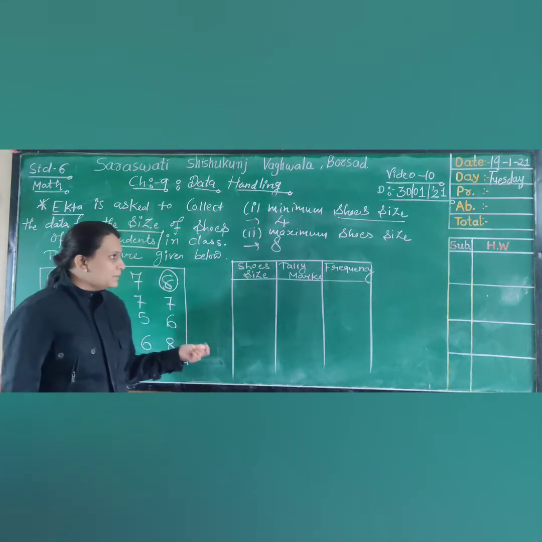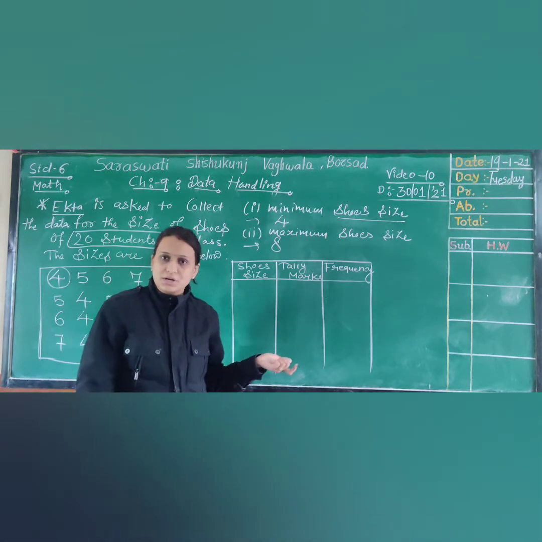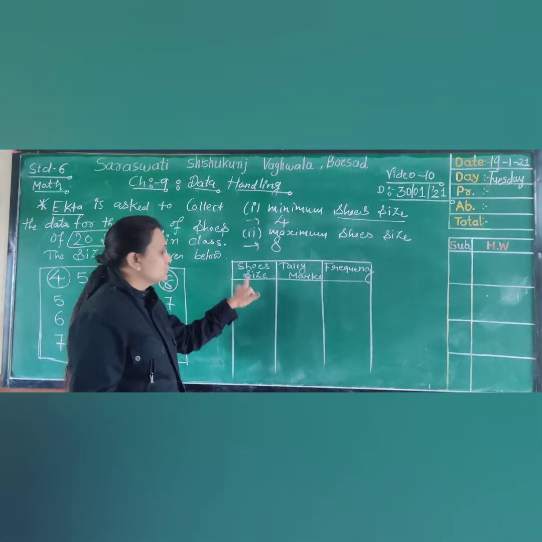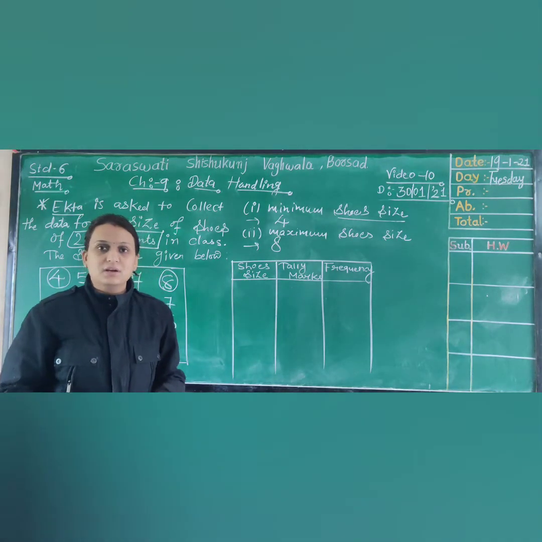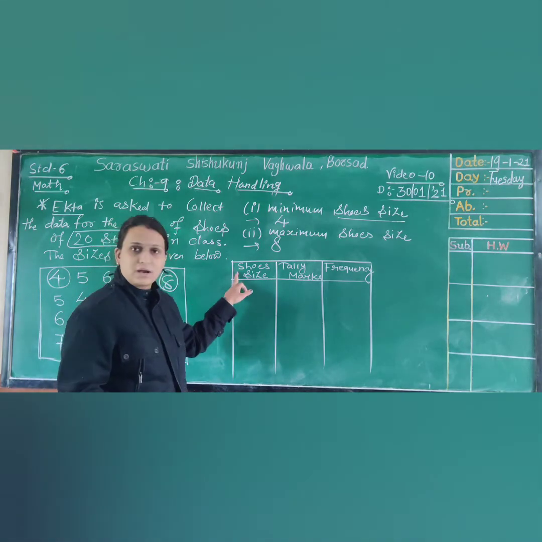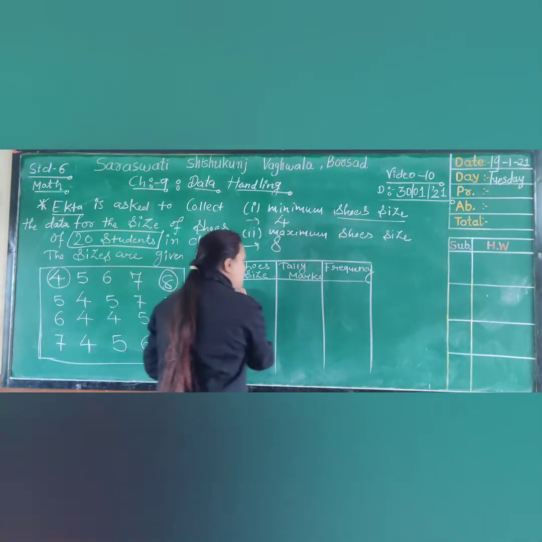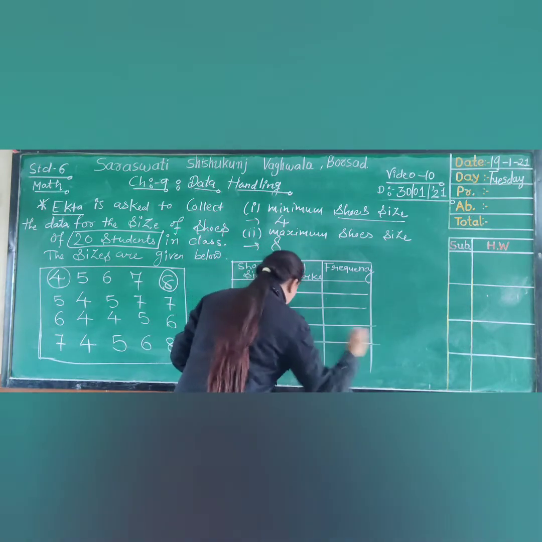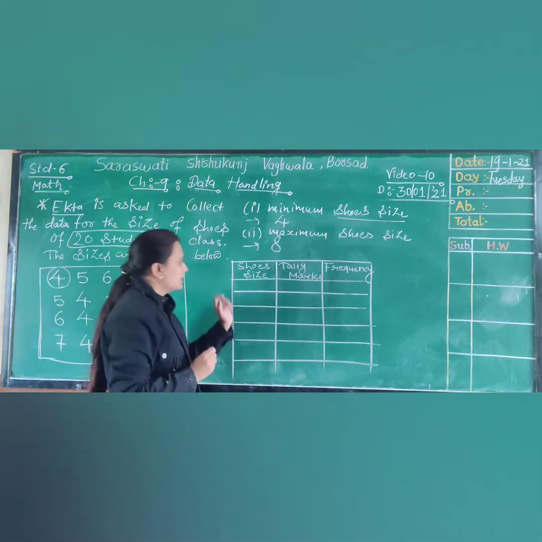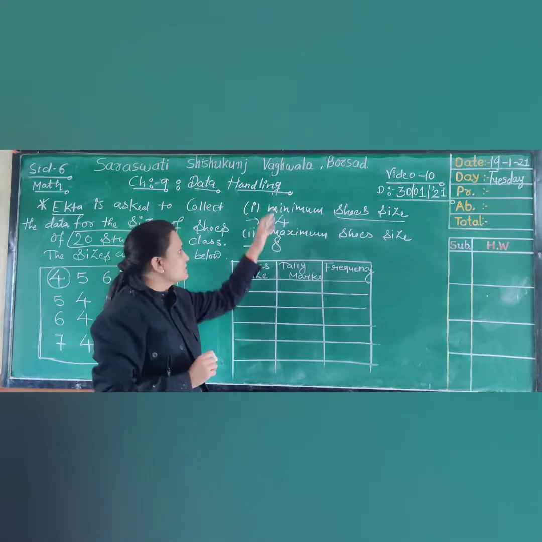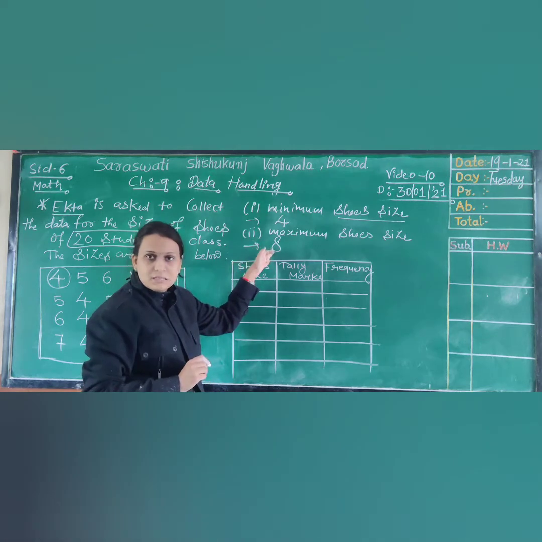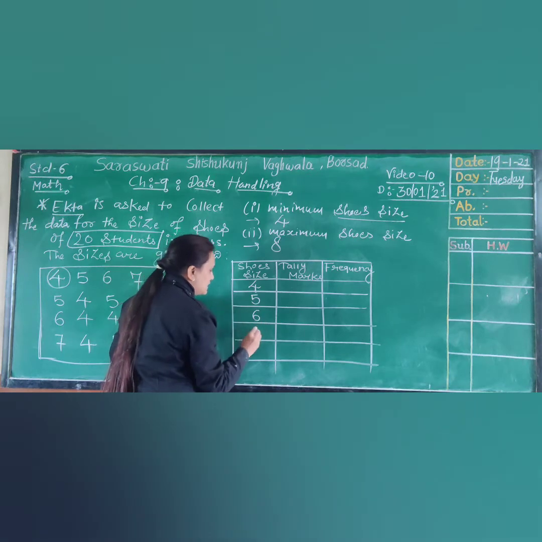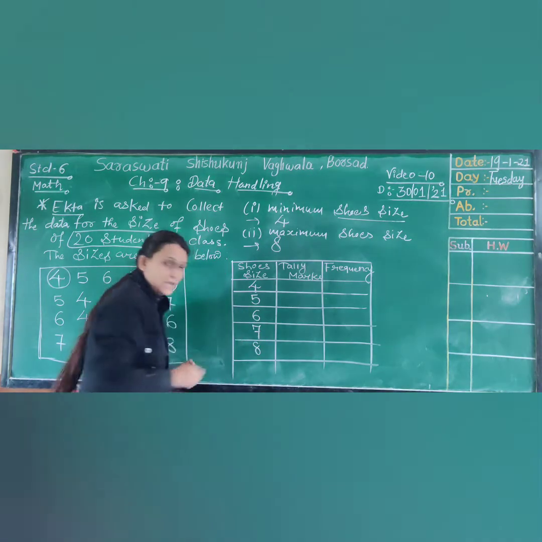Okay, so this is the common table for every frequency distribution table. We just have to change the first column. Here the information is about shoe size. Suppose we were given different subjects, then we would write subjects. Okay, now we are going to define the numbers in the table. You can see that we have to take numbers from 4 to 8 because the minimum number is 4 and the maximum number is 8. So let us define shoe size 4, 5, 6, 7 and 8.